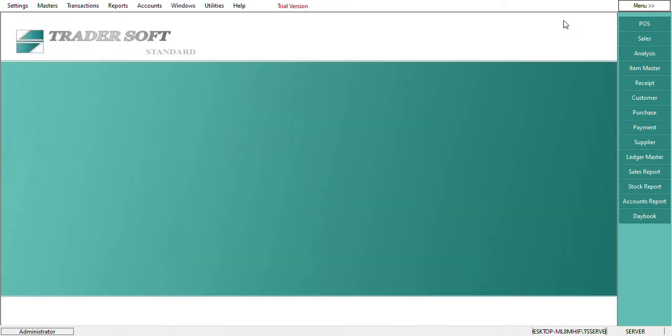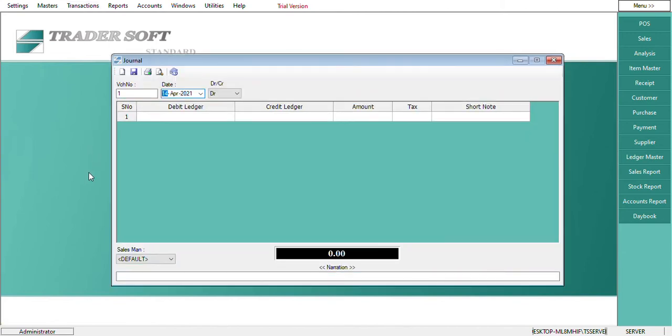Let's discuss how to create a journal voucher. Click on transactions and click on journal voucher. Select the journal date here. Provide debit ledger. For example,